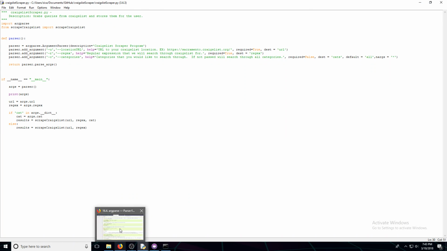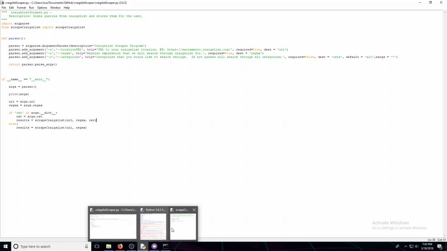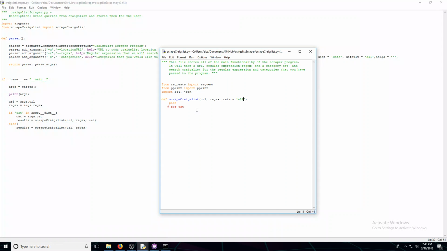That should work. I'm not sure if that's the best way of doing it, but that's how we're doing it right now. We can fix it later, basically, is what it comes down to. So cats of all. So if cats is equal to all, then we make cats